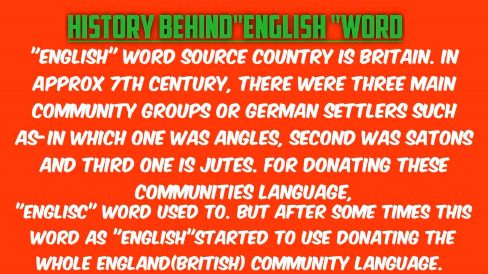तो पहले यह जानते हैं कि आखिर इंग्लिश वर्ड आया कहां से। एक्चुअल में 7th सेंचुरी में इंग्लिश वर्ड, जो कि आज हम इंग्लिश पढ़ते हैं, ब्रिटेन कंट्री की कम्युनिटी या सोशल ग्रुप्स, इन विच फर्स्ट इज एंगल्स, सेकंड इज सैटन्स एंड थर्ड वन जूट्स की लैंग्वेज को डिनोट करने के लिए यूज किया जाता था, जो बाद में ब्रिटेन की आल कम्युनिटीज को डिनोट करने के लिए इंग्लिश फॉर्म में यूज किया जाने लगा।